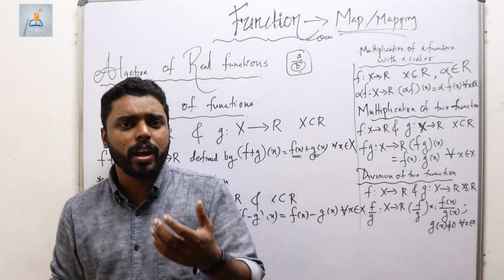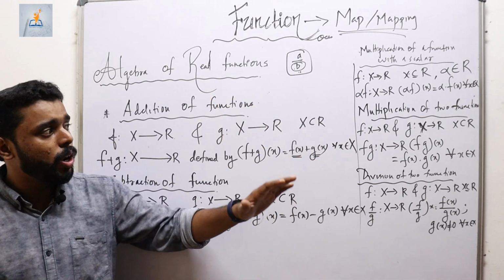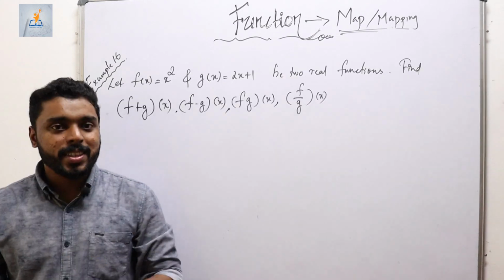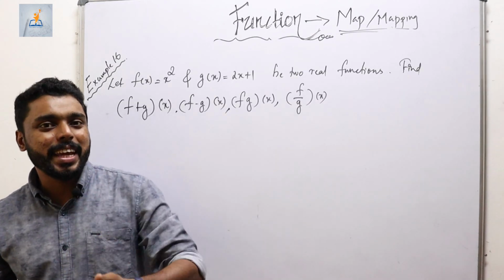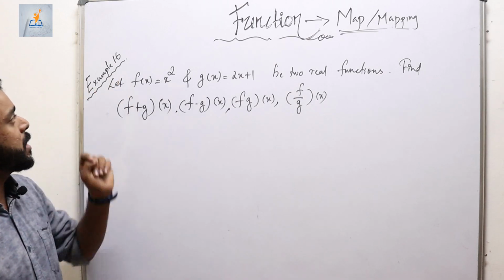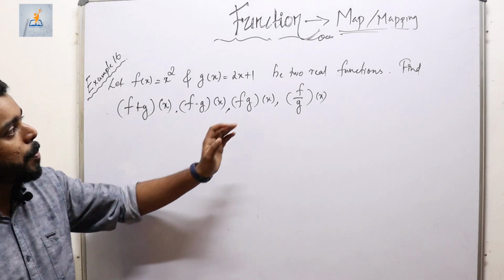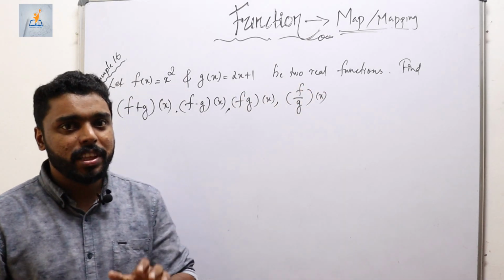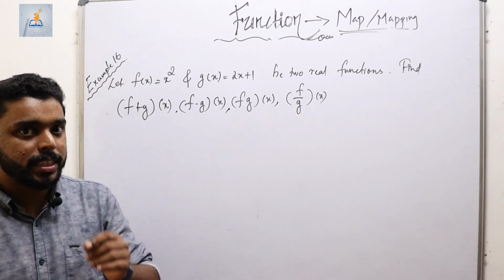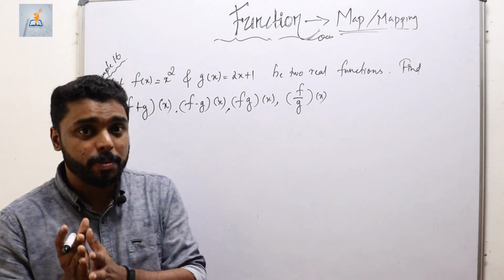I know you may feel confused on hearing all these definitions together at once. Just stay cool, and we shall solve the examples and then it will be clear for you. As I said, we can make it easier while solving the examples. Let us check example number 16. We are given f of x and g of x like this, be two real functions. So we are given real functions, which satisfy all the conditions of algebra of two functions. The only condition in the algebra of functions was that the functions must be real, isn't it?